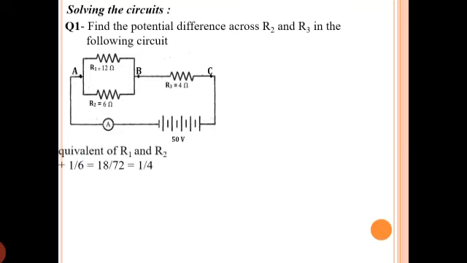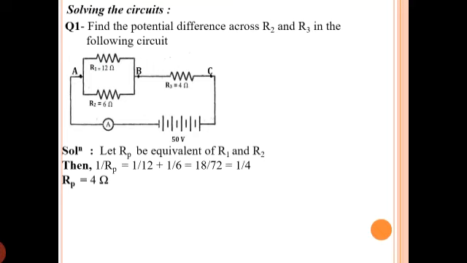So if we understood how to solve the circuit, we can find out the potential difference across any resistor given in the circuit. One thing you should know: before we find the potential difference across any resistor in the circuit, we must try to find the electric current in the circuit. So in the main circuit, we must find out how much the current is, and for that we need to find out the overall resistance in the circuit, that is net resistance. Very first we can see R1 and R2 are in parallel with each other because they are connected between the same terminals, points A and B.